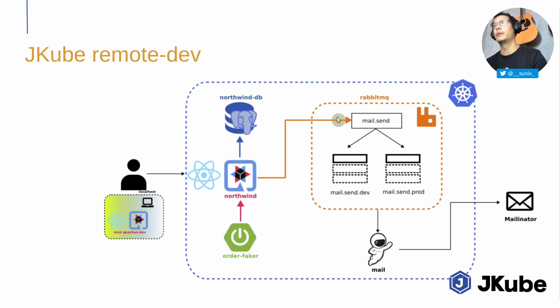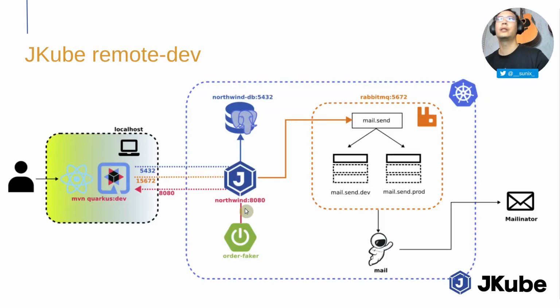So this is what we had at the beginning: my local application running in the remote dev, and I couldn't connect to the remote services, and also this component couldn't access it. It was accessing the Quarkus that was running on the cluster. But by running the remote dev feature,